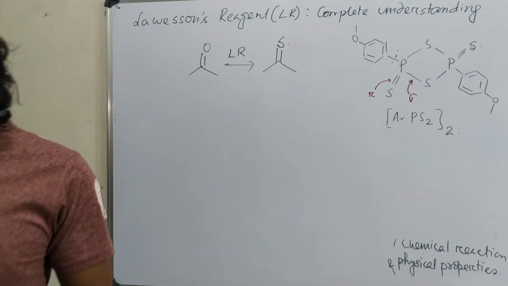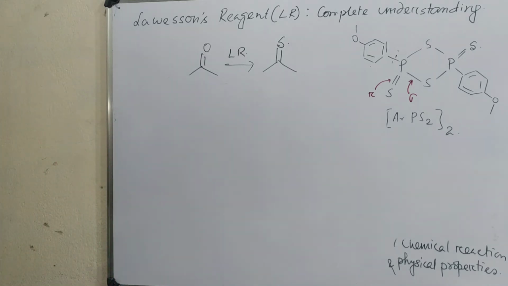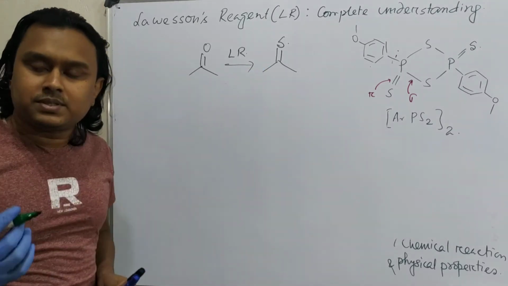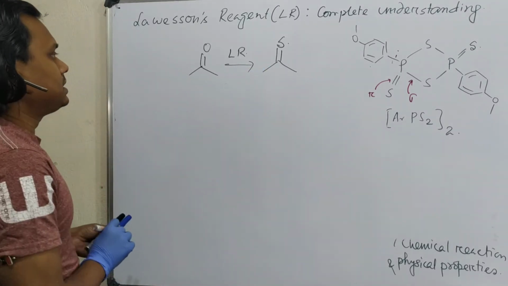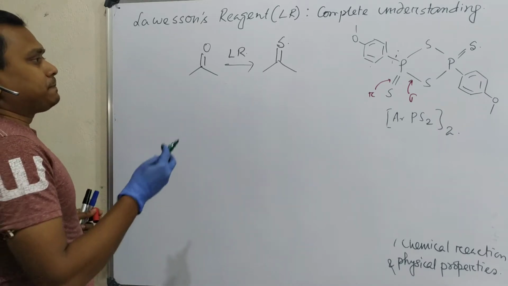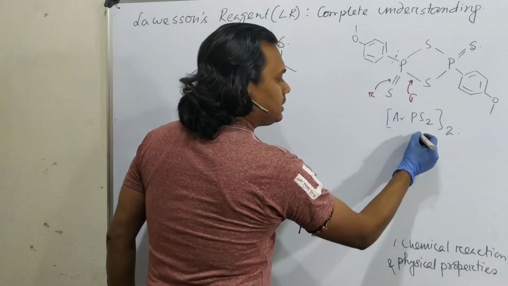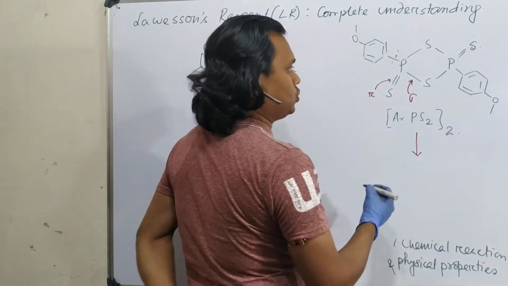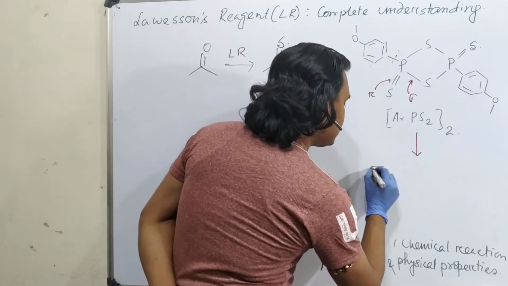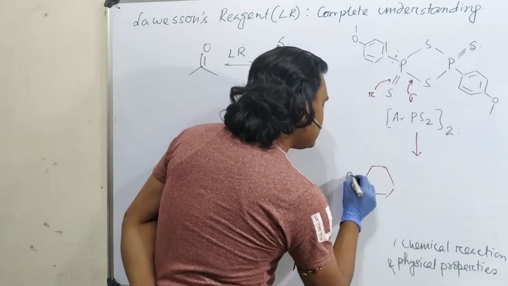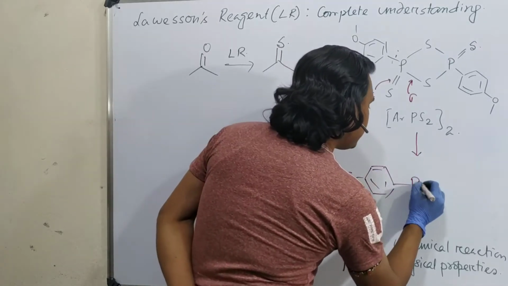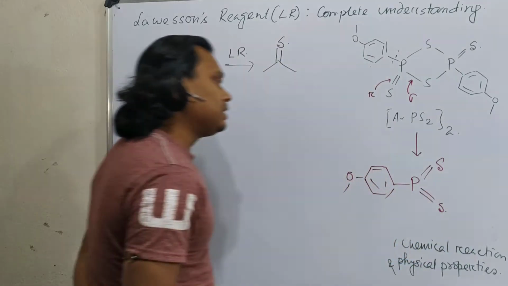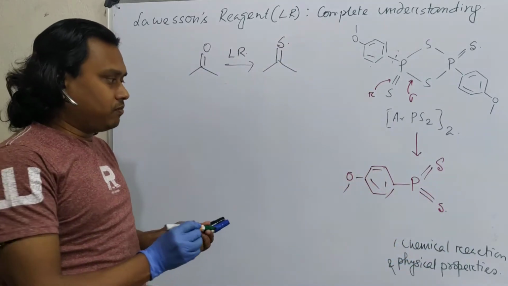Now it's time to discuss the properties of this reagent. What chemical properties? First of all, how does this reaction happen? The mechanism of the process. So see, this reagent during the reaction is converted into the monomer. What do I mean? The monomer is this: everything remains the same, one phosphorus, this, okay, and it has a canonical form possible.